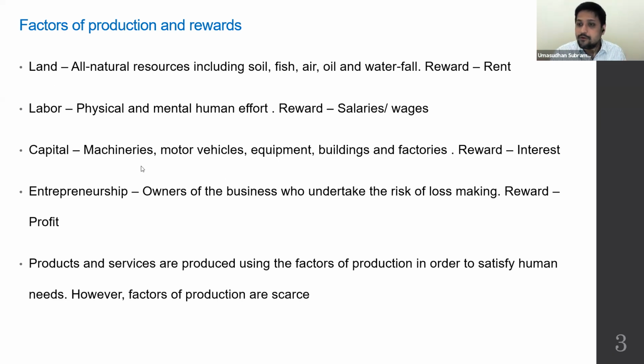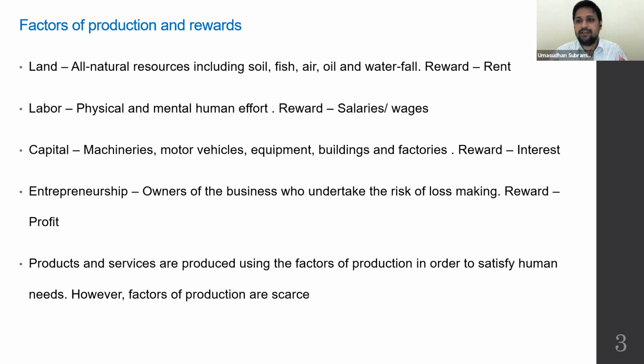And the reward for capital, or cost of capital, you know about cost of capital. Cost of capital is the interest. Because you borrow money to invest into these capital assets, the opportunity cost of investing into fixed assets is the foregone opportunity cost. So that's when we say interest. So you have land, rent, labor, wages, capital, interest, and then finally entrepreneurship.